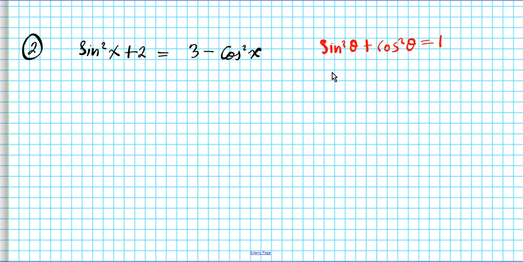From this one, I know that sine squared theta is equal to 1 minus cosine squared theta, right? So let's see, what if we subtract 2 from both sides of the equation? Let's try that. Subtract 2, subtract 2. Why did I subtract 2? On the left side, we have sine squared x, and then 3 minus 2 is 1 minus cosine squared x. Okay, now using this identity right here,